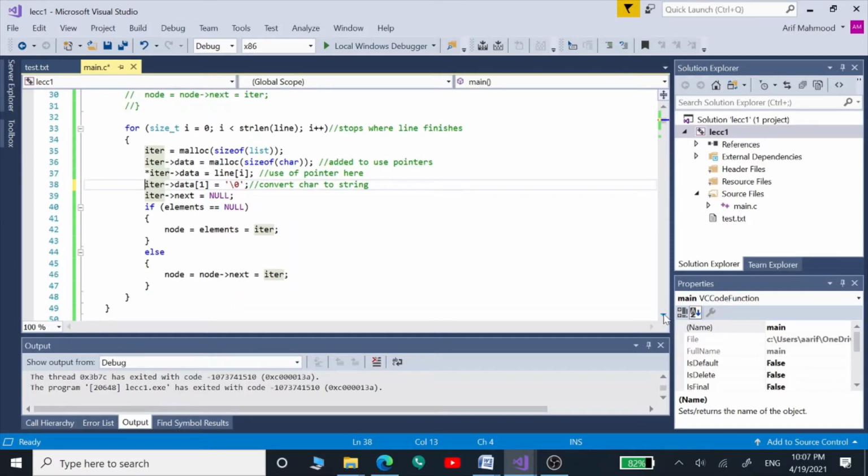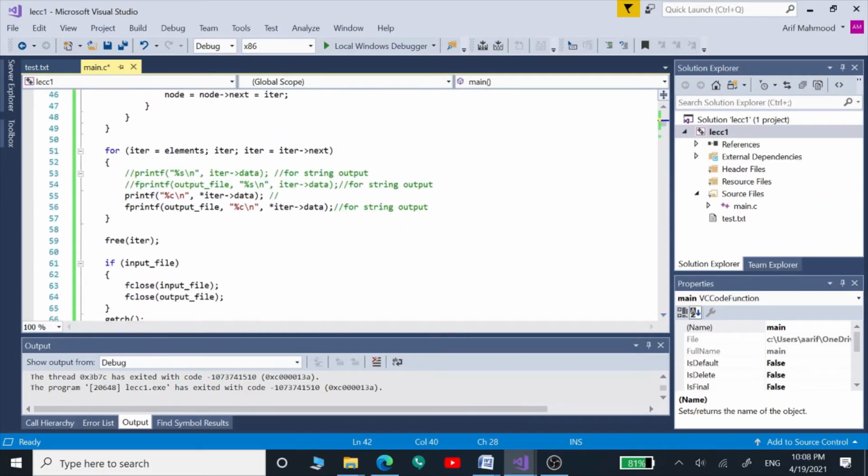So we have converted all these characters into strings using this line. Now everything stays the same. Those individual letters which we broke up from our string are going to work as strings rather than characters.